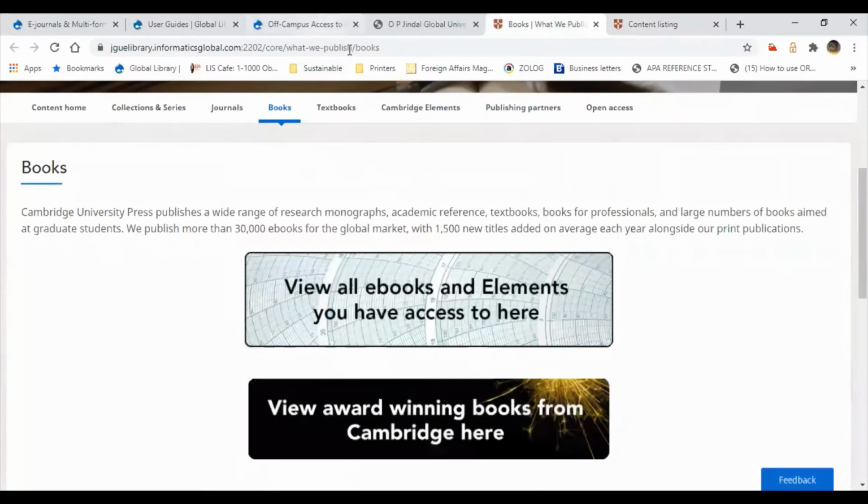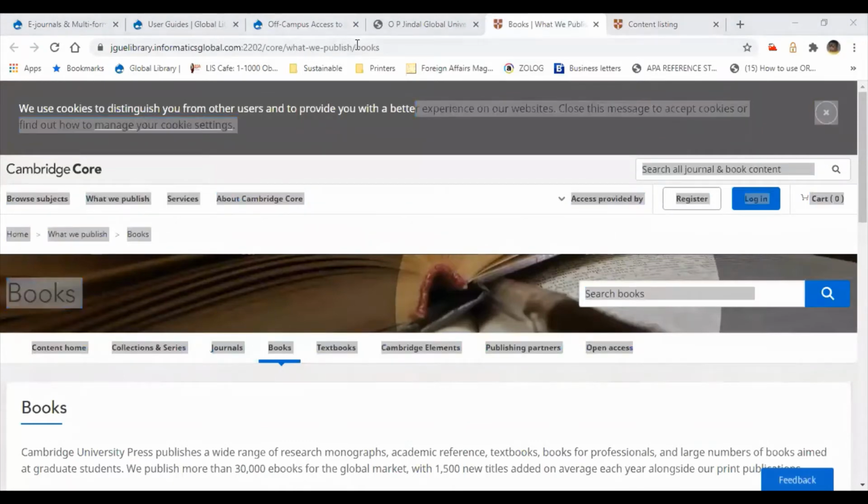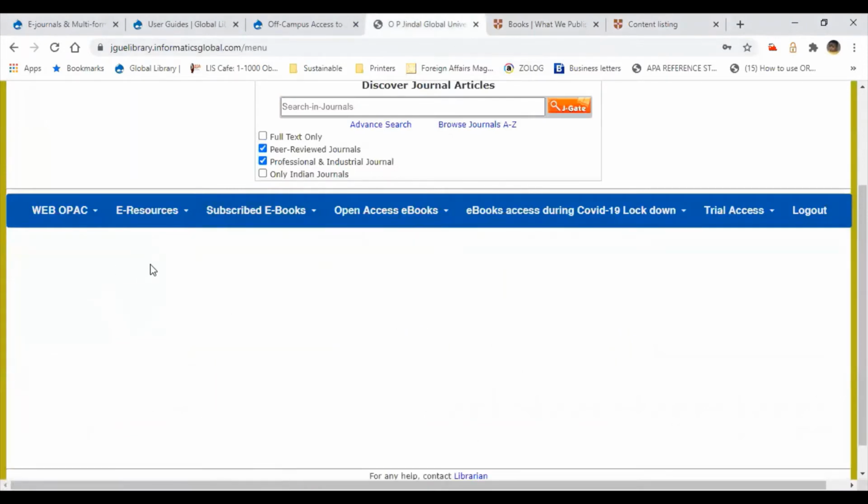Similarly, I will explore one more thing here. We will discuss the WebOPAC later on for print books.